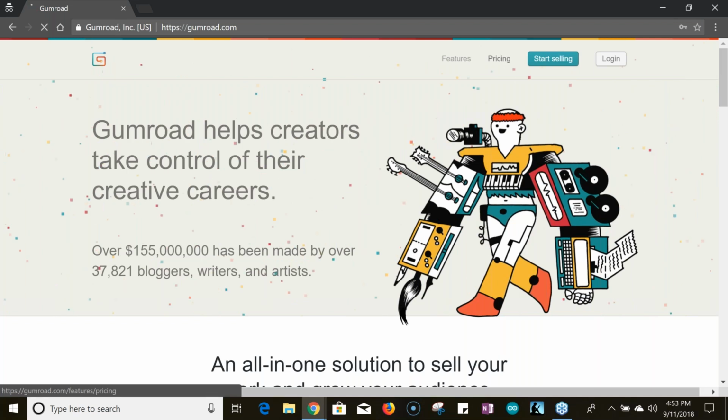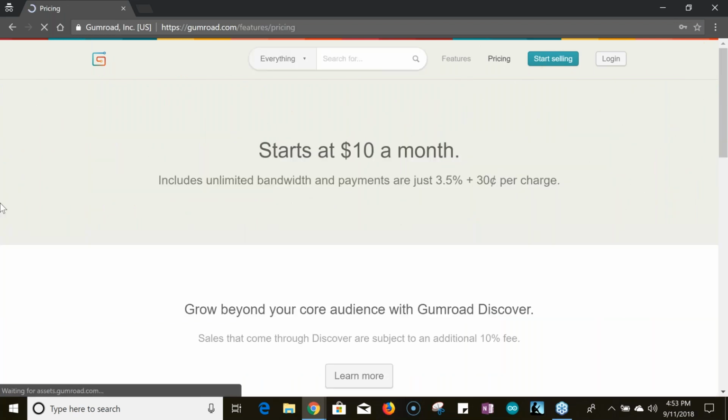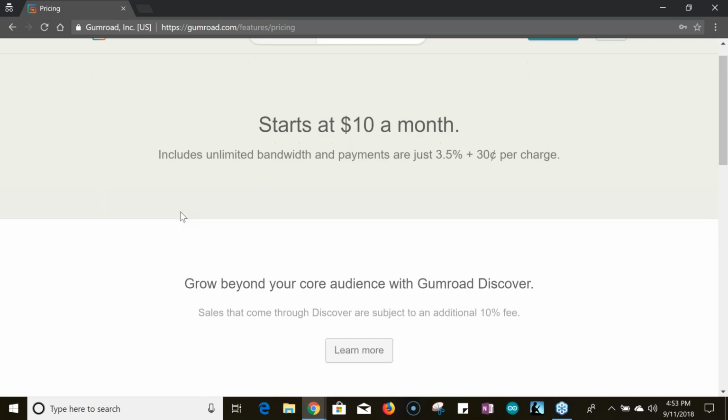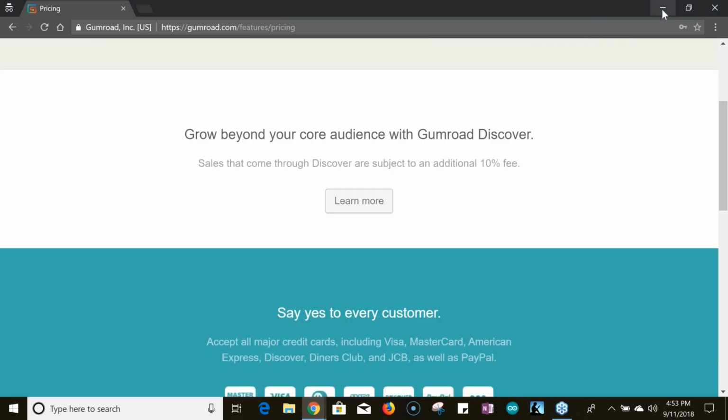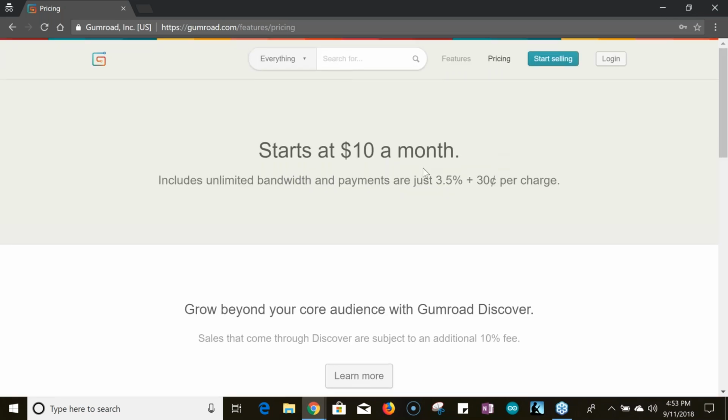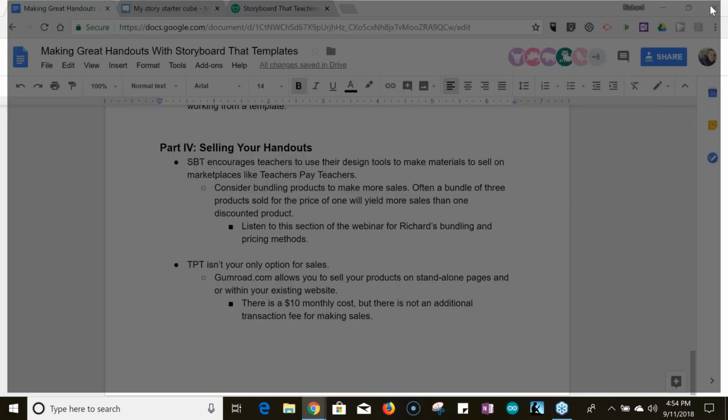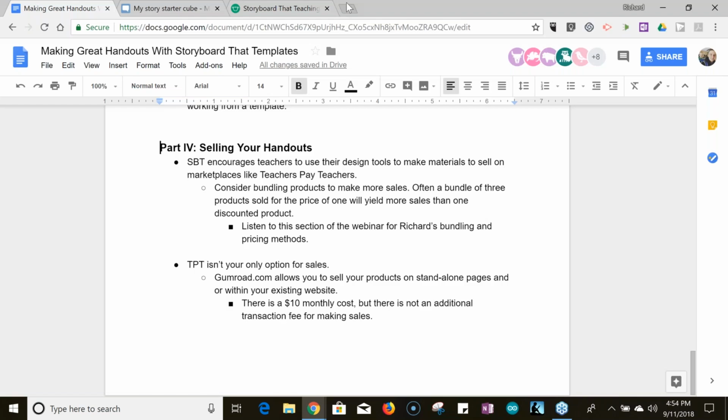You'll see in the pricing, the minimum pricing is $10 a month with a small transaction fee. So it's a pretty minimal cost. So if you're someone who's using Teachers Pay Teachers Premium, you actually make out better on your sales this way than you do with Teachers Pay Teachers Premium. But so Gumroad, if you wanted to sell something on Gumroad,